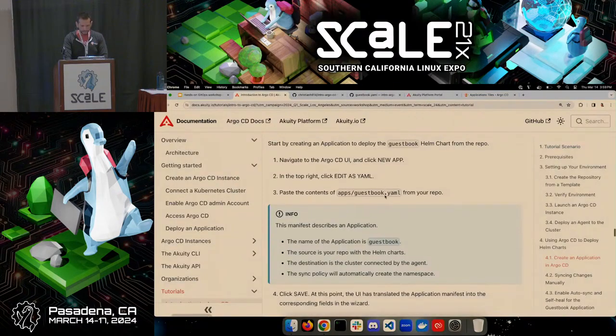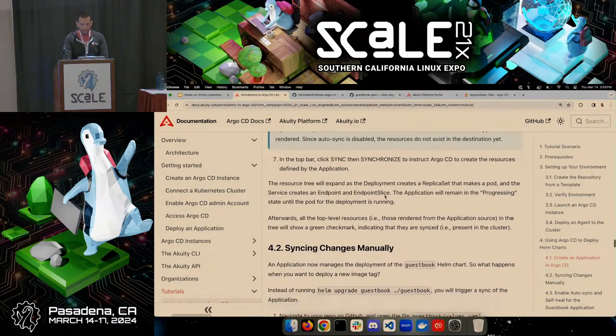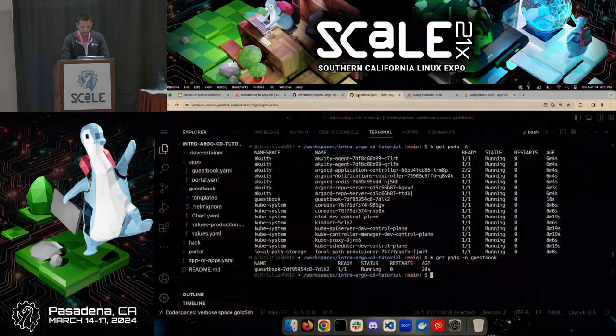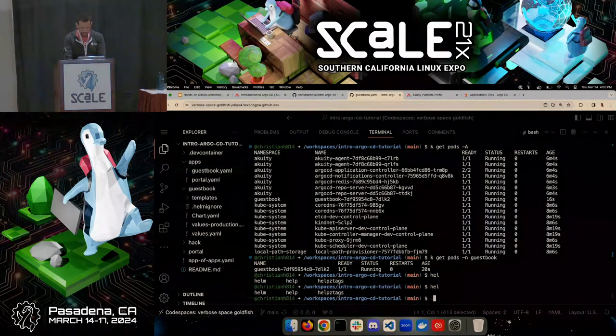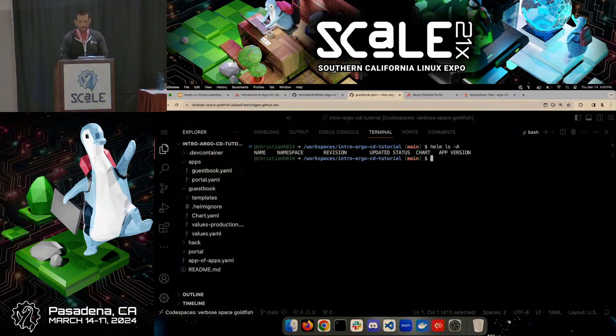And you'll see this here. One thing I do like to call out is that if I do, I don't think I have Helm installed. If I do helm ls, right, there's nothing there, right? And you're like, whoa, you installed a Helm chart, but Helm isn't there, right? And so those of you who are not familiar with Argo CD,